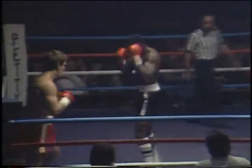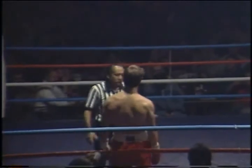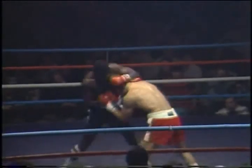Spain definitely has the reach advantage. That time Milligan scored with a good right to the left jaw. That time Spain knocked Milligan to the canvas with a solid right. However, Milligan right back up onto his feet. This is similar to what happened to Milligan fighting Mike Harris in his 4th pro bout that was held here at the Brandywine. This is early in the round too, Ray, and it was a good shot, a good right hand, and I think